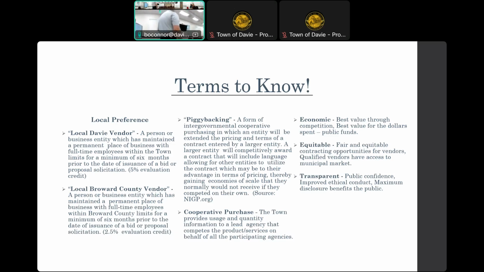Anything that's in process, if it's in the 30-day window, you're not going to see it. If it's after the 30-day window and we're still in the process, we have to make it available. If we go through presentations, those are still closed door. We don't make those recordings available until we make the recommendation. Okay?